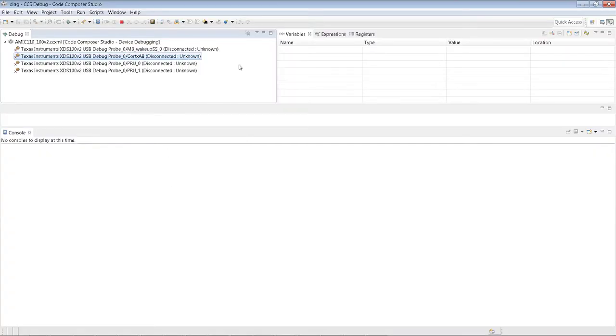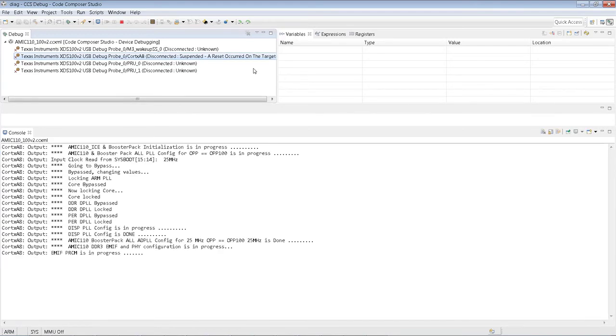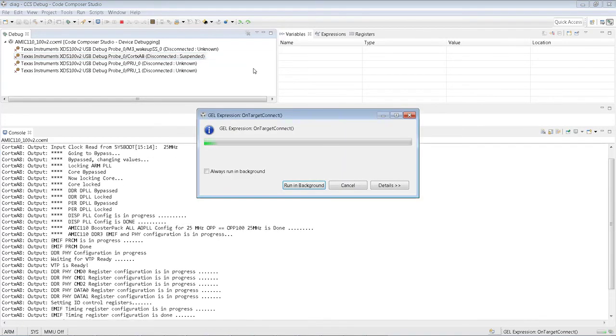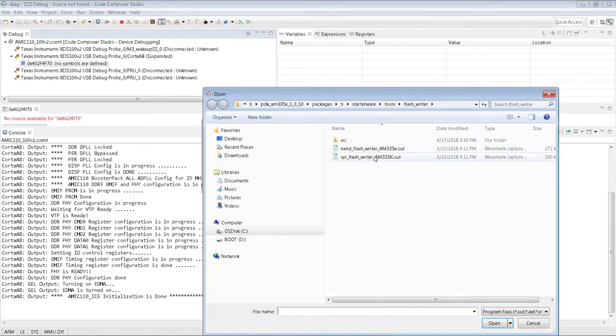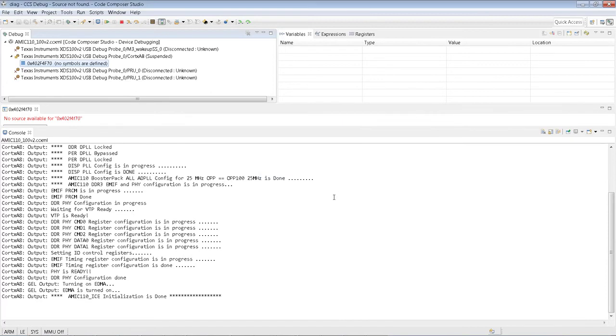First, start CCS and launch the target configuration file for the AMIC 110 ICE board. Then connect the target, load and run the SPI flash writer binary.